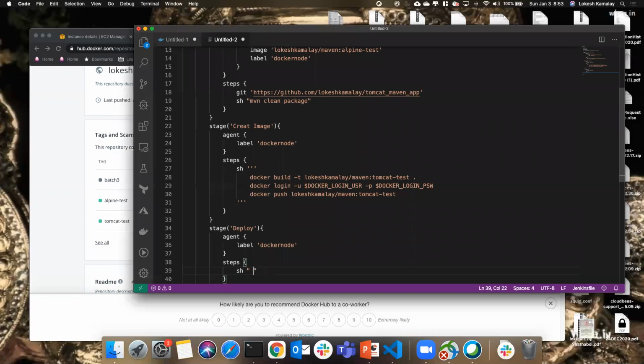The command is docker run -p. Port we need to expose, right? 8080. You can give the name if you want, Tomcat. And then I generally don't prefer giving a name because if the process already exists with the same name, it will fail. So I remove the name part and then I give the image name,